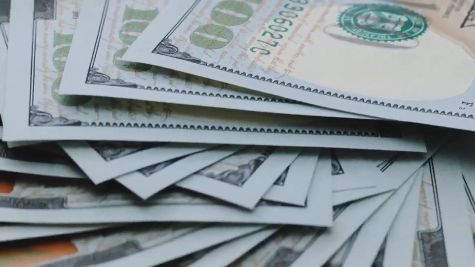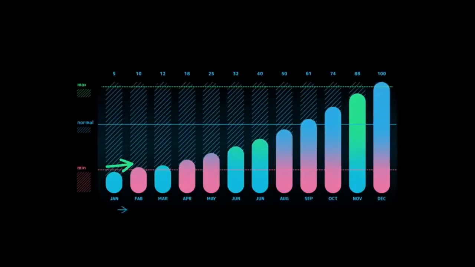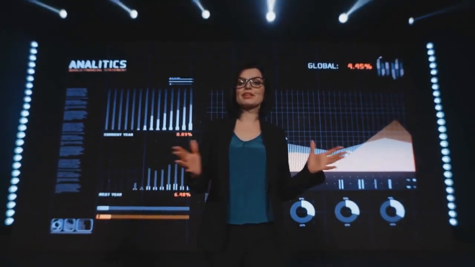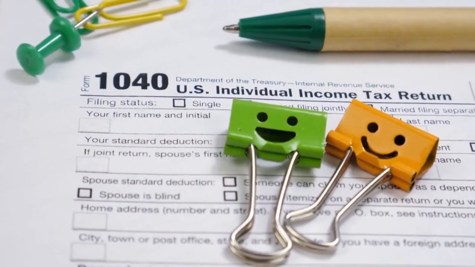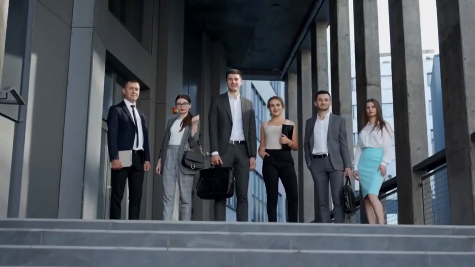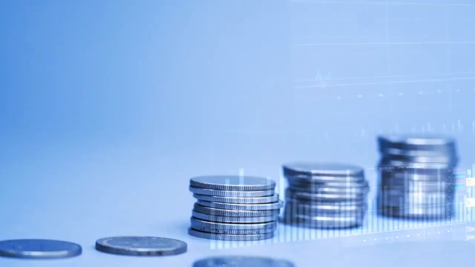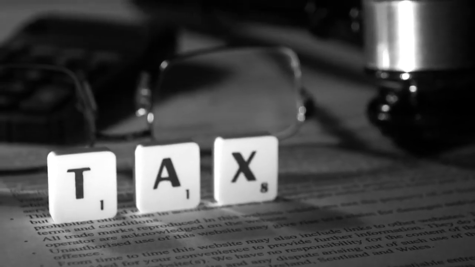So if your company is simple and tiny and you don't anticipate that you'll earn substantially more than a fair wage, you can establish an LLC that is taxed as a sole proprietorship. In this situation, the advantages of being an S corporation probably won't be worth more than what it will cost you to do your own payroll and file a distinct business tax return. If you are beginning a traditional business with co-owners and staff, you can start with an LLC taxed as a partnership and switch to an S corporation when the business begins to make money. This gives you the freedom of a partnership right away and keeps you from paying FICA tax on profits once